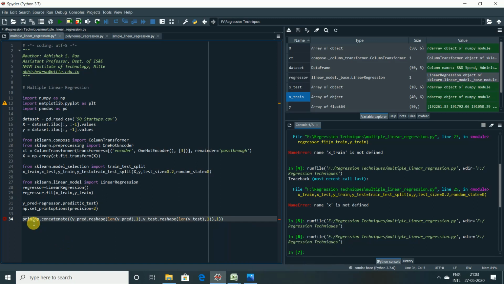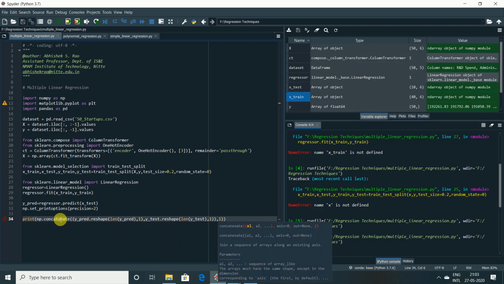Let's try to understand what I wrote here. If some bracket is missing or anything, let me tell you. What we are doing here is trying to concatenate two values. One is the predicted value, another is the test value, that is the real set of profit here.